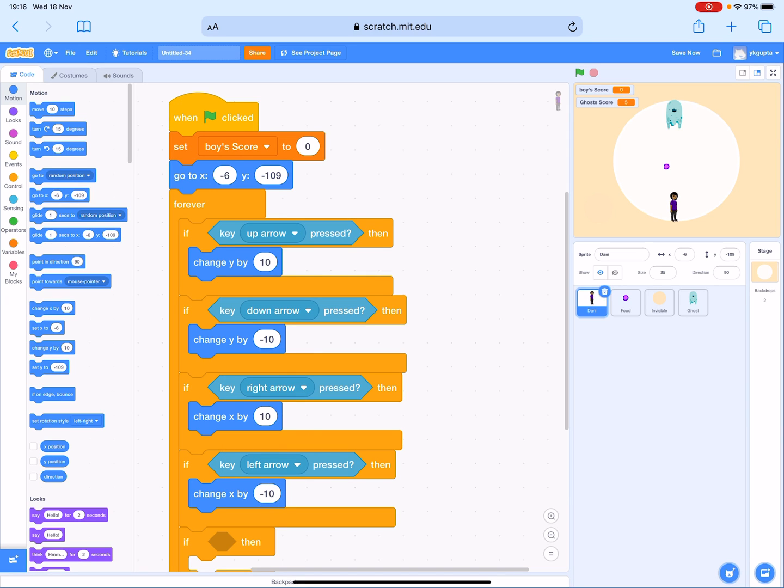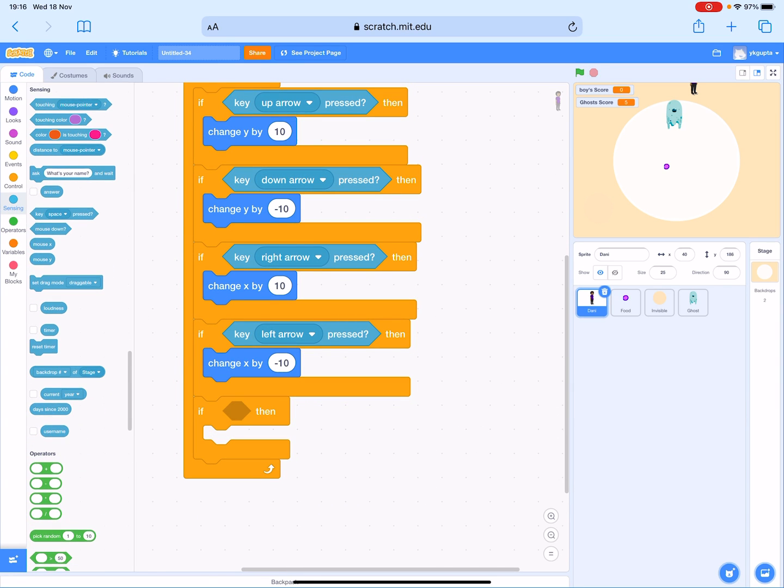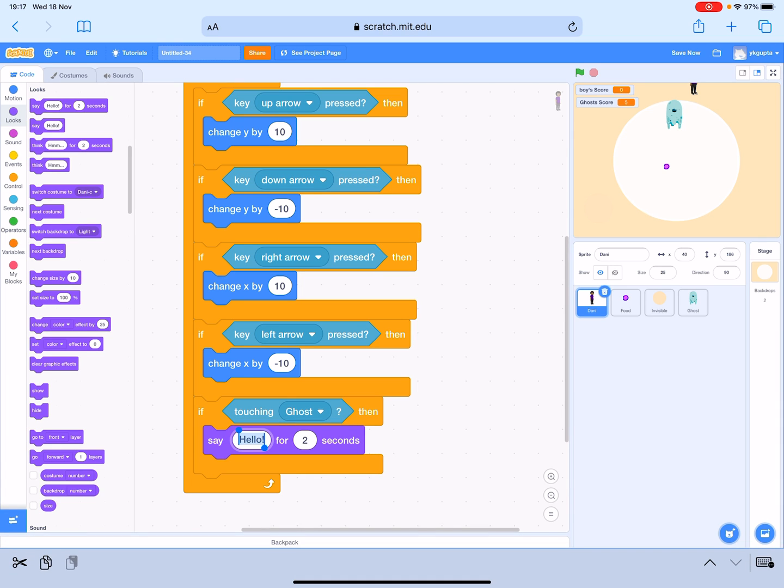So make sure now, after you've done this, that this person of yours can move. So it's moving, but nothing happens when it touches the ghost. And that's why I've made the 5th block. So go to the sensing category and get if touching ghost, or whoever your person is that's going to catch it. And you would want to say something like, you got me,